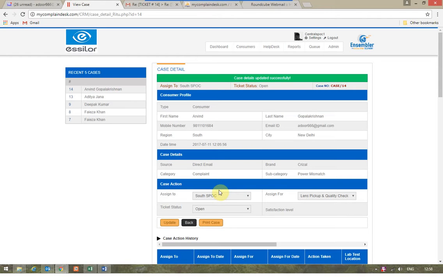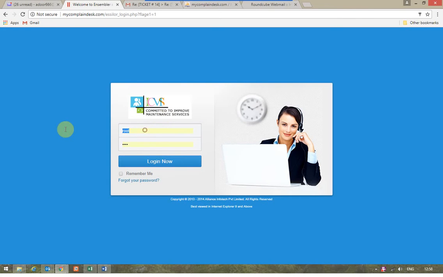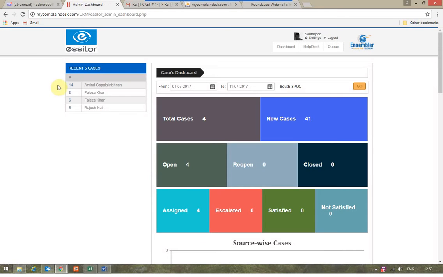So now that the standard replies have gone back to the consumer and the South Spock has been told to pick up lens and work on the lens, we just log out and log in as the South Spock again, the regional Spock. So the regional Spock will log in, go to the same case,